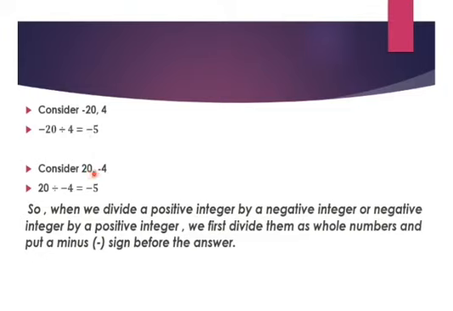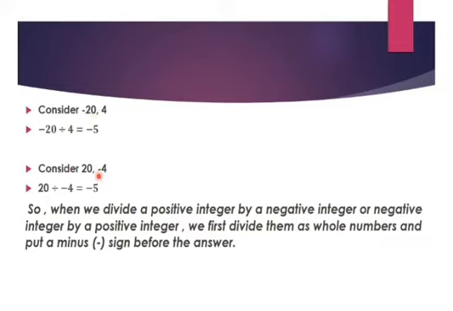Consider 20 and minus 4. 20 divided by minus 4. We simply divide these numbers. 20 by 4 is 5, and put a negative sign. We get minus 5. So, when we divide a positive integer by a negative integer or a negative integer by a positive integer, the first case minus 20 divided by 4 or 20 divided by minus 4,